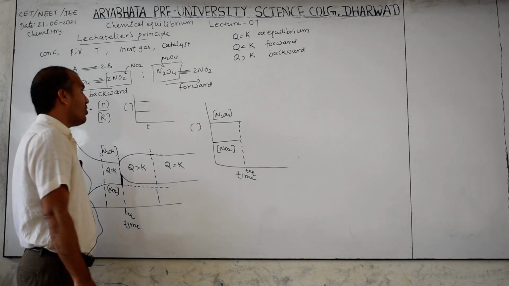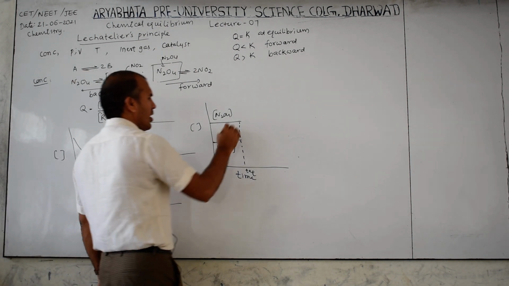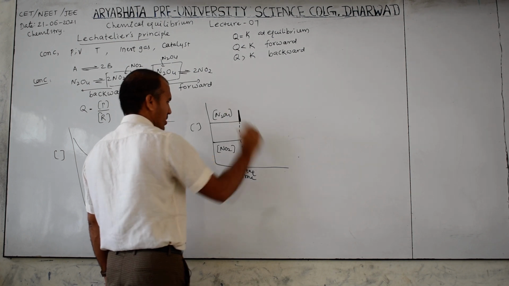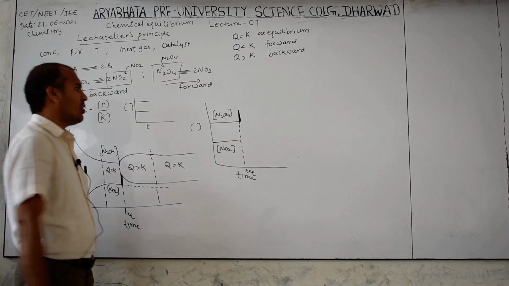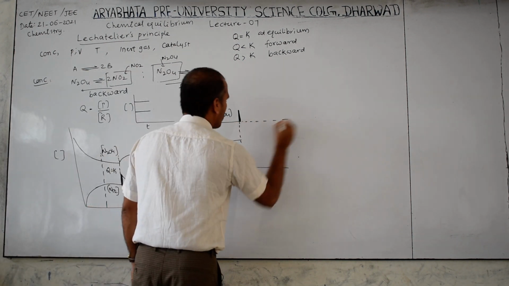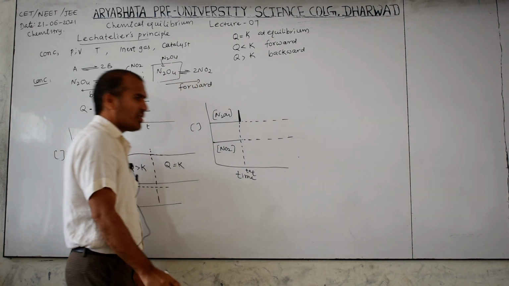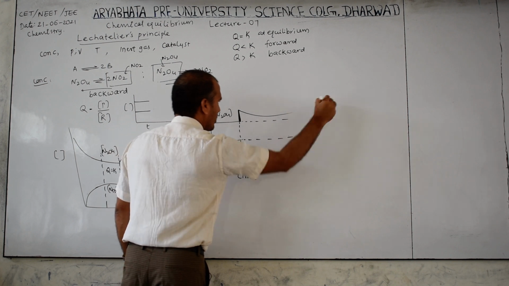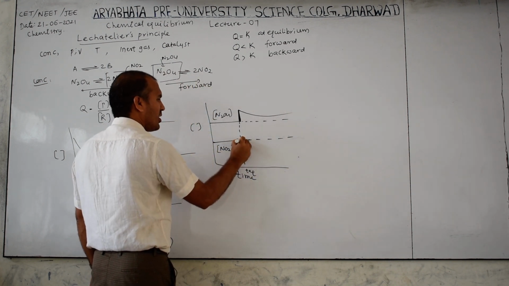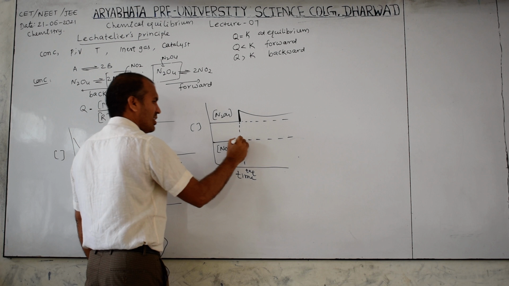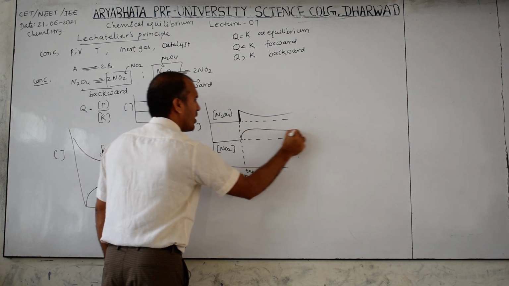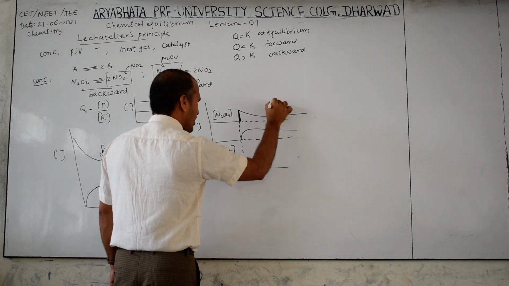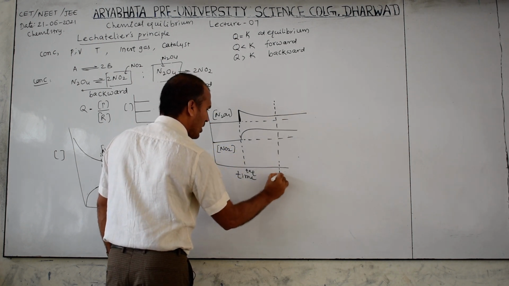After some time, now which is added? N2O4 is added. N2O4 added means this line rises up because concentration increases. Which one? N2O4. Then make this dotted line, then it is easy, because that line should not cross down. So this line will come like this, and this will increase. Now this is reactant, this is product, meaning this will increase and shift like this. And now from here onwards you can observe concentration is constant, then this is called T equilibrium.